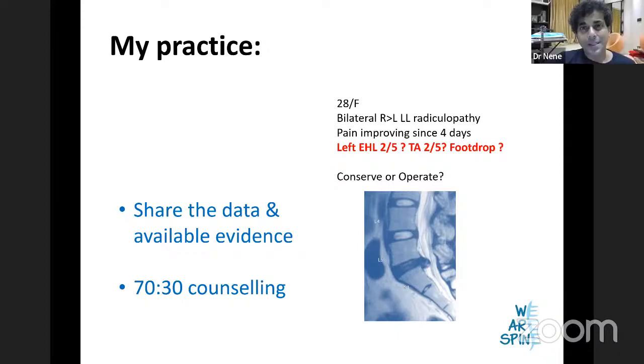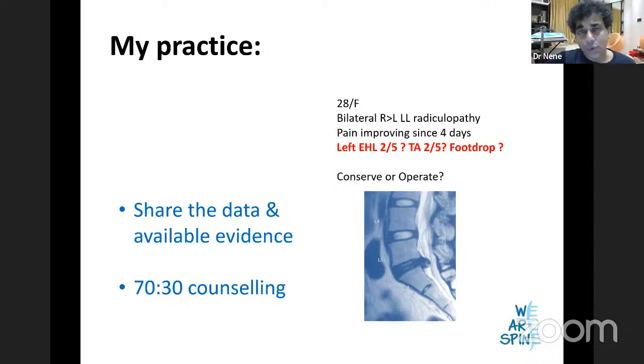It should be exactly the same. The neurological recovery should follow exactly the same pattern. But what we are trying to say is that in practice, this is what I find. Whatever literature I've searched, this is what I find, that if someone has a deficit and no pain, I would